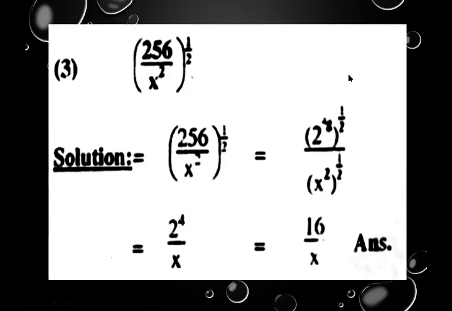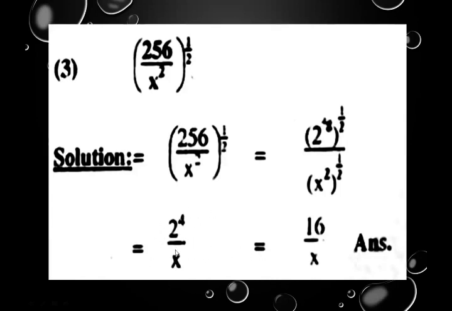And in the denominator you can see x square multiplied by the exponent 1 over 2. Power multiplied by power, so that 2 will cancel. Observe the slide and listen carefully to what term we are using here. So 8 will reduce by 2, so it becomes 4, and 2 will cancel out by 2, so it becomes 1. So in the next step you can see we have 2 to the power 4 upon x.